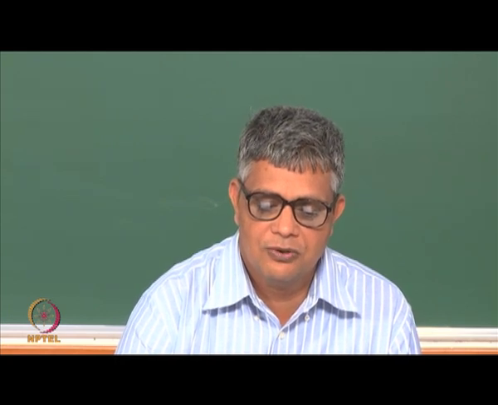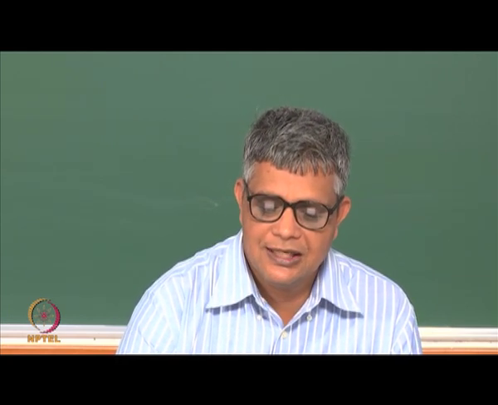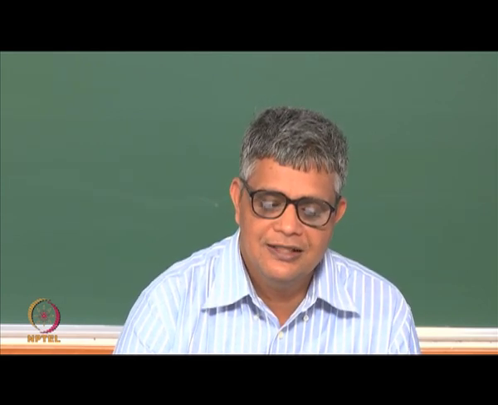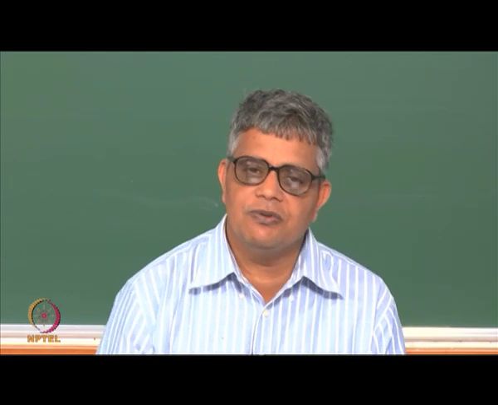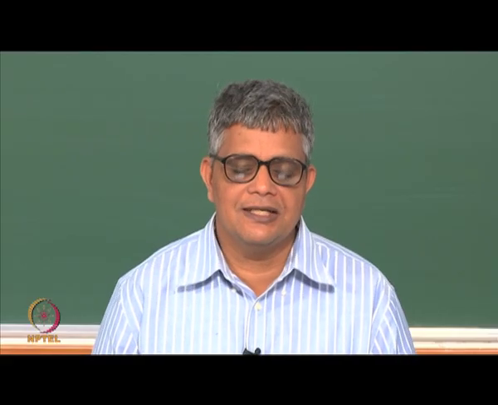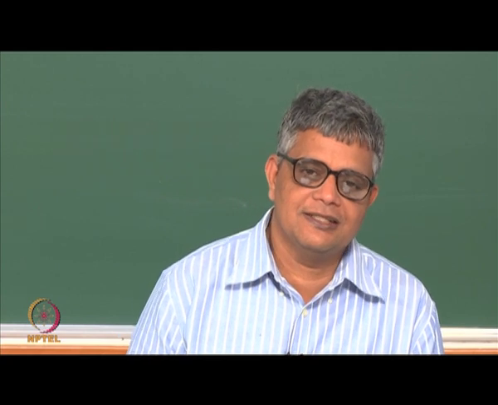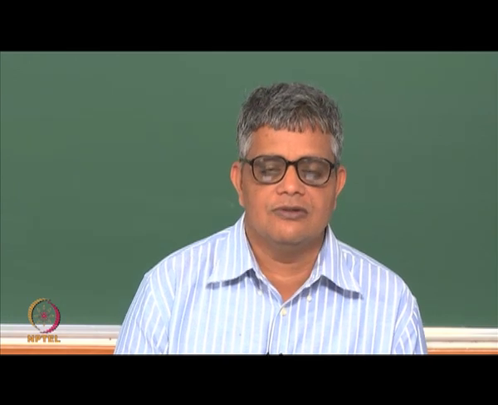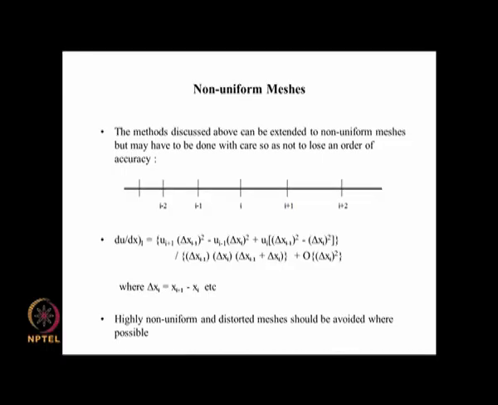So, if you use a geometric progression with an expansion ratio of something like 1.4 for 50 grid points, then the delta x variation can be very large between the smallest and the largest. So, you need to really see whether you would like to have that kind of variation and accordingly adjust your geometric progression based on the number of grid points you want to put and the domain length and what should be the grid size in the center and what should be the grid size close to the wall where there may be gradients. And so, we have to take care when we make the mesh, okay.